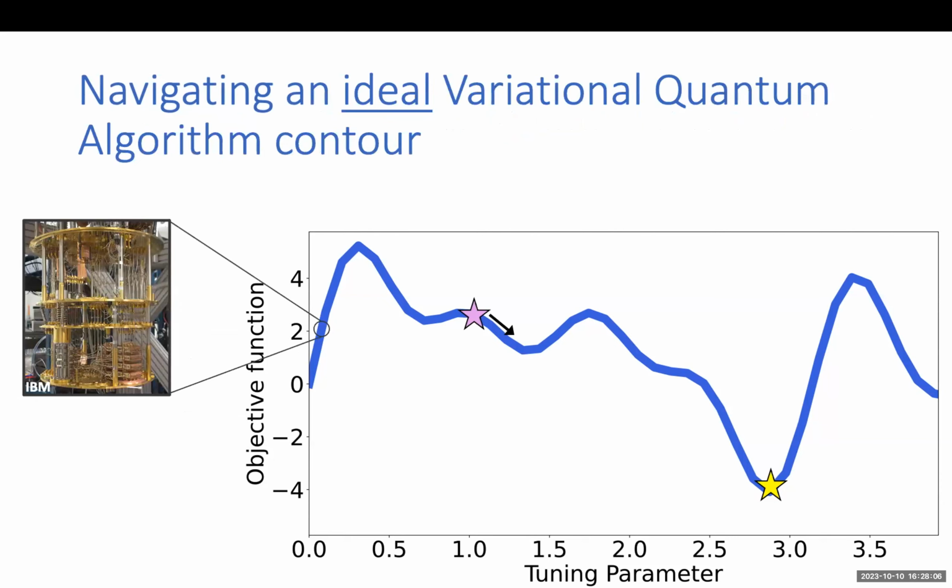So a variational quantum algorithm is very similar to this, except that each of these evaluations has an exponential cost involved. So maybe, for example, you're trying to understand something about electron-electron interactions, right? Which makes this a hard problem, which is why each of these objective evaluations needs to happen on a quantum device. If this was perfect and ideal, then navigating this contour is no harder than navigating the contour from the classical problem I showed earlier.